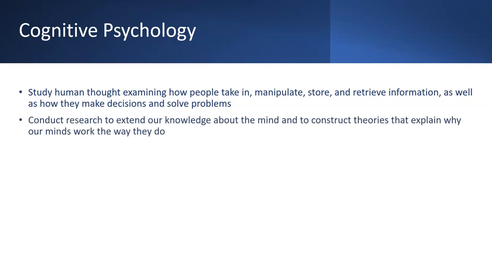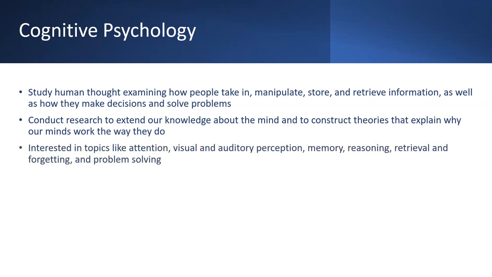Cognitive psychologists are often involved in research, and the goals are, based on that definition of how do people take in, manipulate, store, retrieve information. They're going to be focused on constructing theories and articulating hypotheses that are connected to those aspects of cognition. The interest areas that are housed underneath cognition are things like attention, visual and auditory processing, memory, reasoning, retrieval, forgetting,